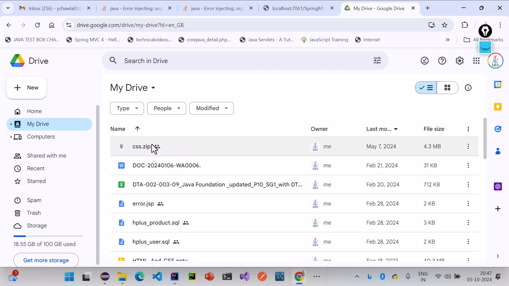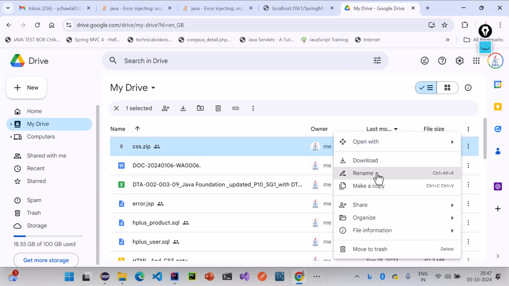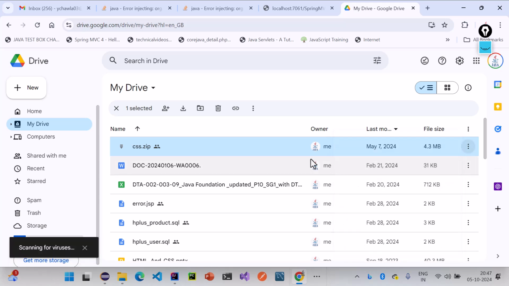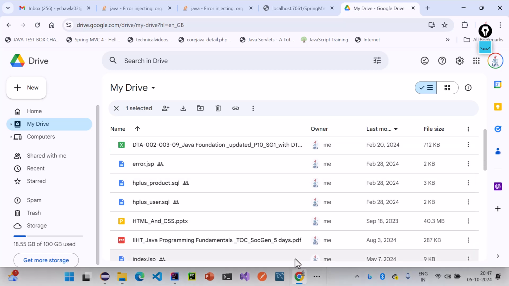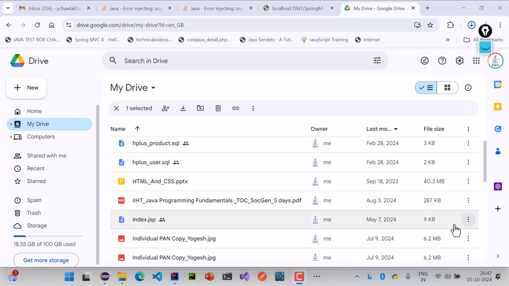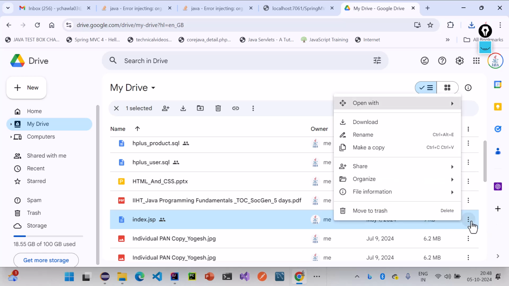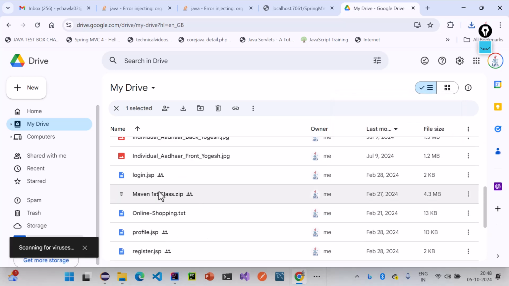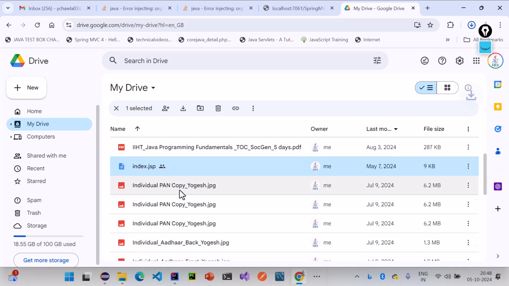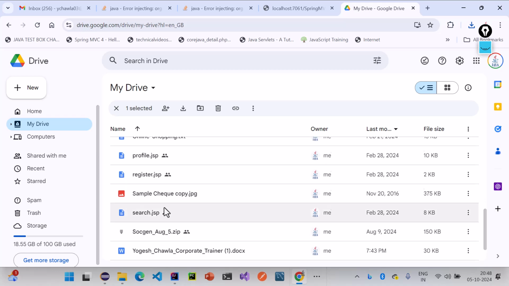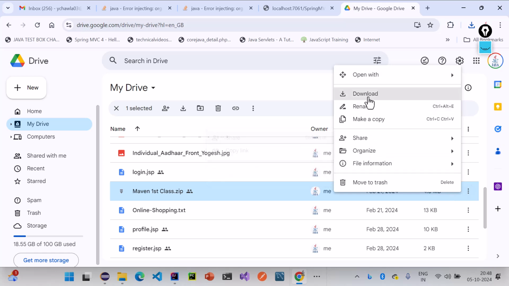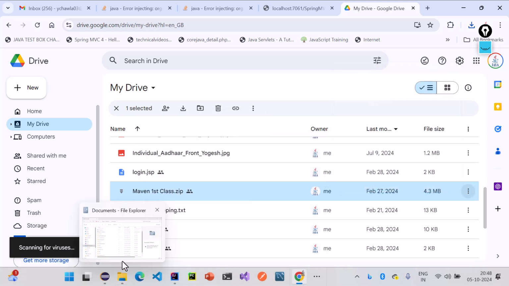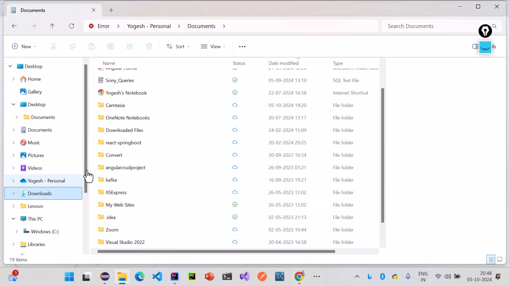So this is the CSS. I think I'll download the CSS. I'll share this with you. All this is already with you. CSS is there, index is there. This is index, a better looking page, not just hello world, because that is what we are going to create. So I downloaded this also. So CSS, and I need the images, right? Images, and even first class. This is actually the entire thing. So download, right? So in my downloads folder I have got the CSS,